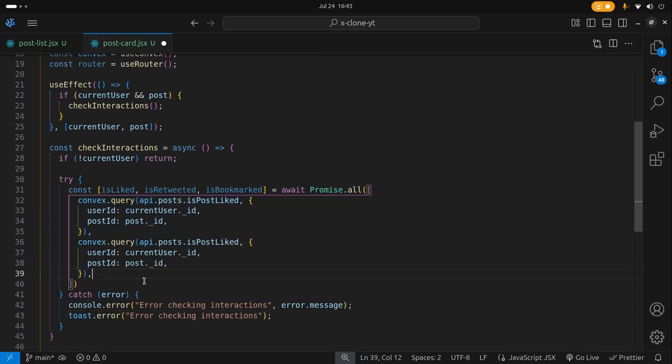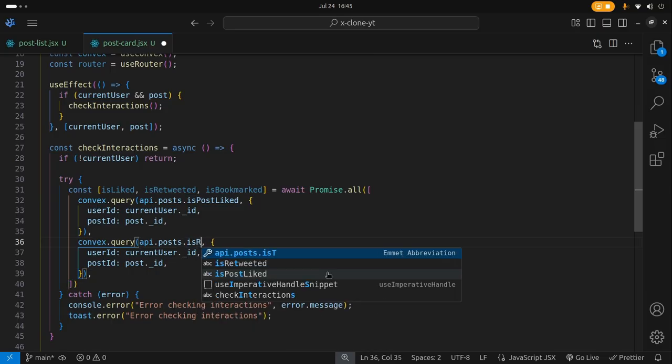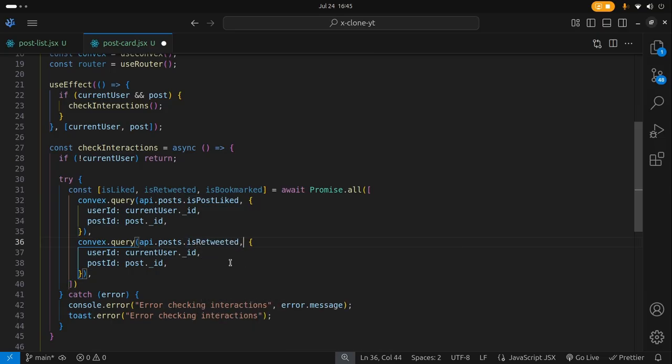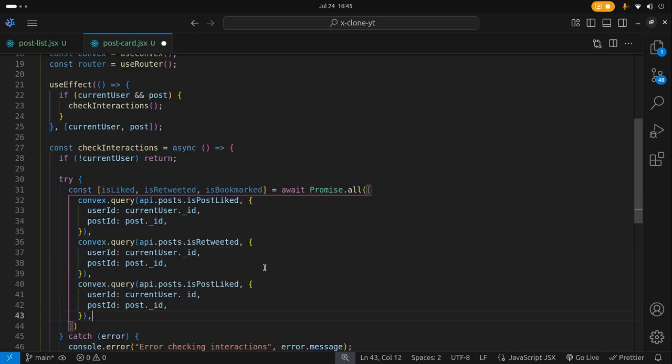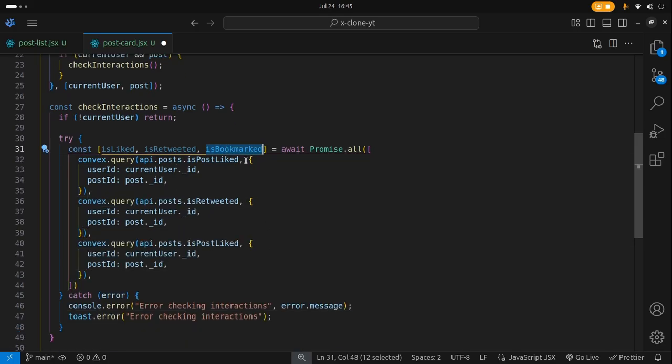So we're going to close this, and then we're going to copy this, paste it down. Now this next one is going to say api.post.isRetweeted, and it's going to take in the user ID as that, and then the post ID as that, and then finally the third one is going to say convex.query.isBookmarked, like so, and then takes in the user ID as currentUser._id, and that as well, and then this closes here,